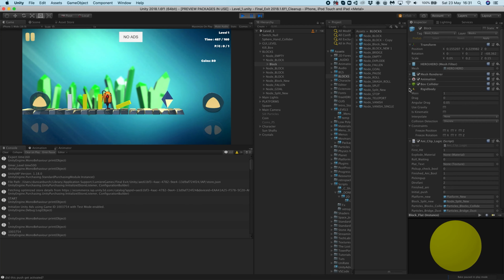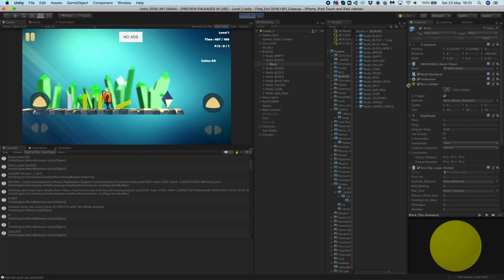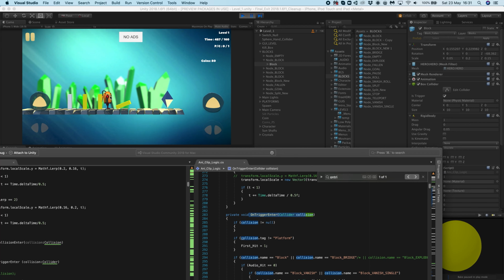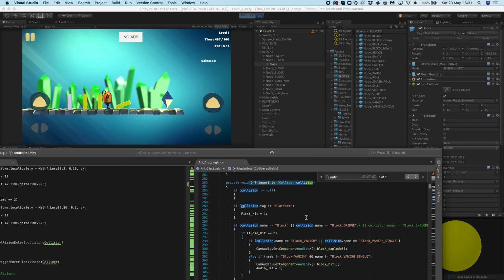Right, so he has a rigid body attached to it and a collider. And you see that his trigger is activated, so it'll only detect the collision when this trigger event tick box is there, which allows for this to be called. So when that collides and he hits that, oh my God, there's so much stuff now, I don't know if I'm going to find that, but